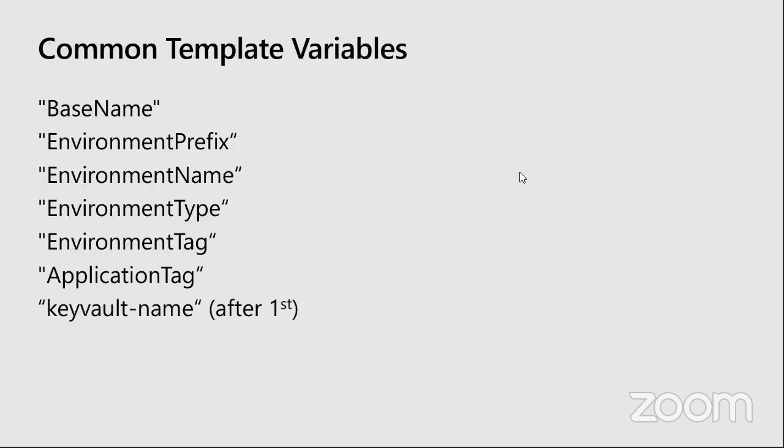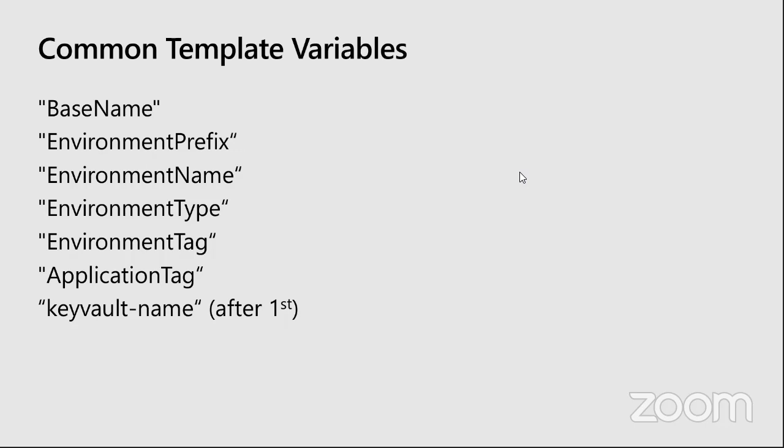So what I also do is I start with a base set of template variables. I've got a base name for what the application is. I have an environment prefix. Now, this can be used as a prefix or a suffix, and the example that I've got today is using it as a suffix. And then I have an environment name so that I can basically tag things. And then I've got some environment type. And what this is for is that I say either production or non-production,